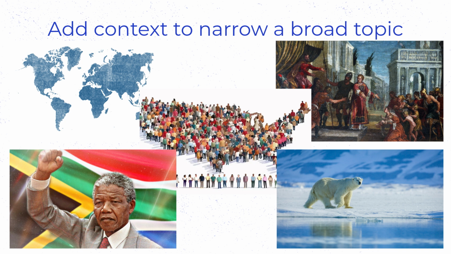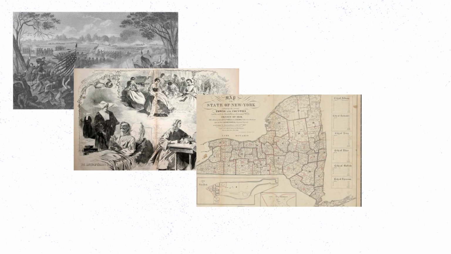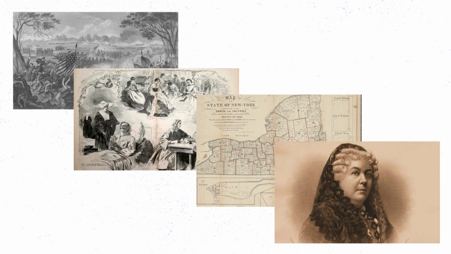You can also use a combination of these. A paper topic like the impact of the Civil War on women in New York State, as seen through the writings of Elizabeth Cady Stanton, combines chronological, demographic, geographic, and individual contexts to form a focused, manageable research topic. And the reverse of this is true too. If your topic is too narrow, you can expand it by focusing on a broader geographic region, time period, demographic